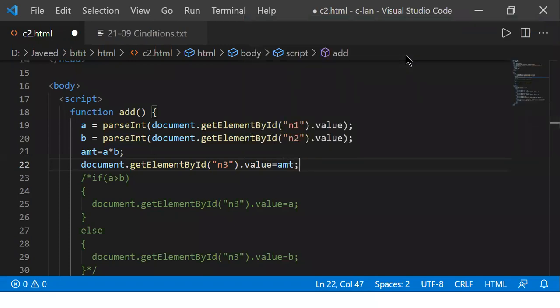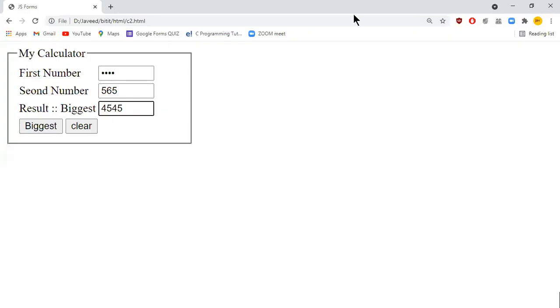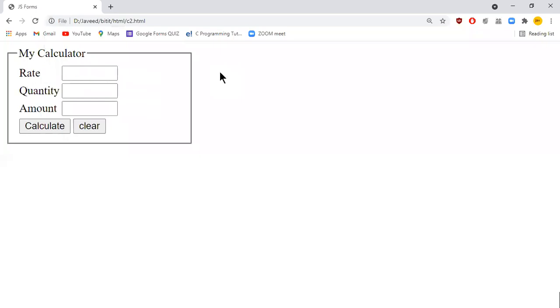Okay, I'll just save this, come back to the screen. I'll just say refresh. Okay, I'll just say refresh if I have pressed. So some rate quantity I'm giving and I click on the calculate option. Now you see that it's going to do the calculation. So to have the simple calculations, I'll use the value 2 there, right?